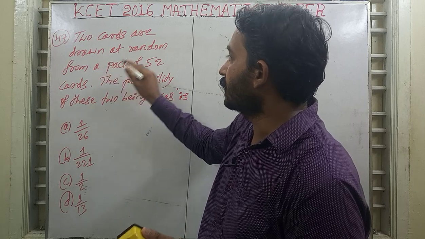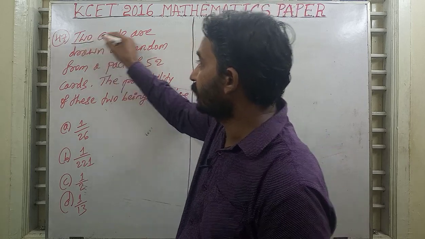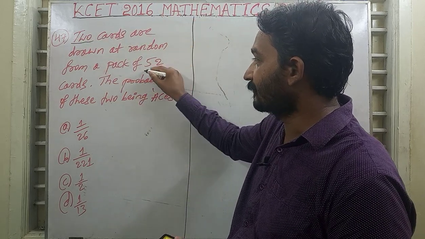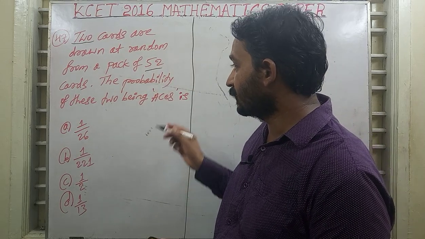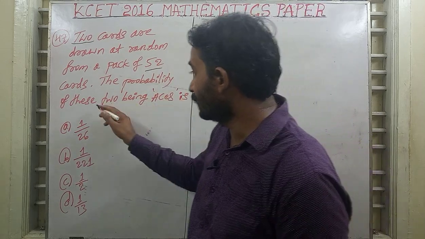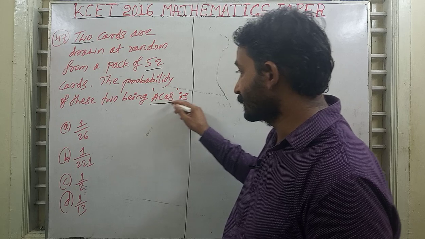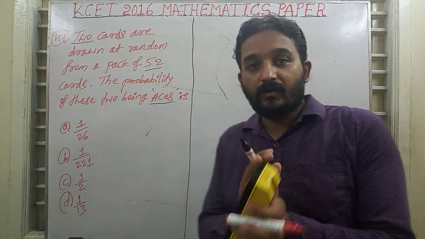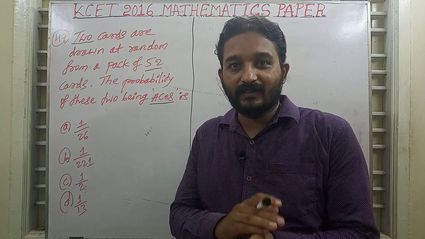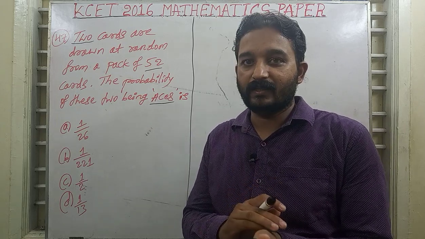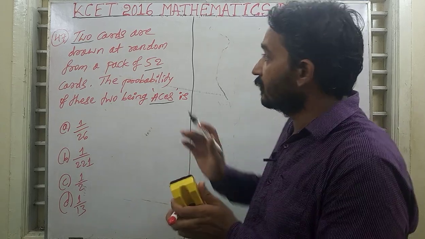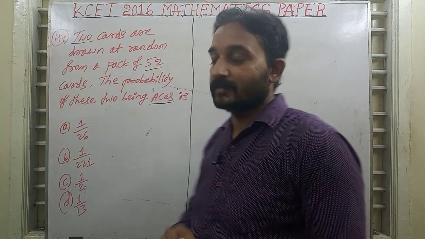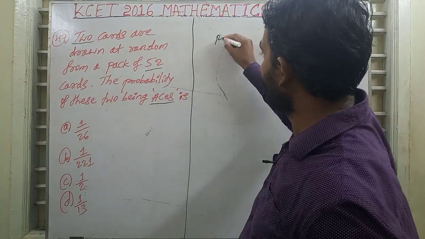Two cards are drawn at random. Very important. Two cards are drawn at random from a pack of 52 cards. The probability of these two being aces. Okay, so in a deck of playing cards, 4 ace cards are there. Total 52 cards are there. We have to draw two ace cards. So in this case the required